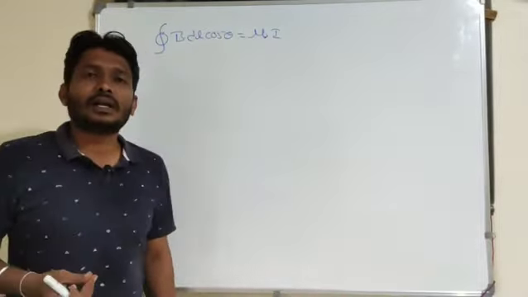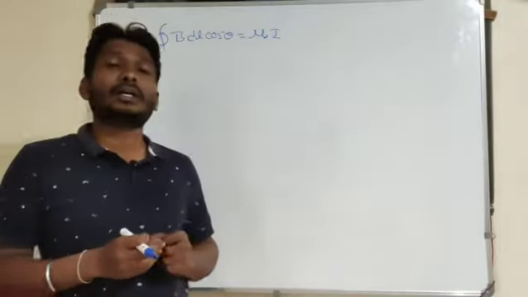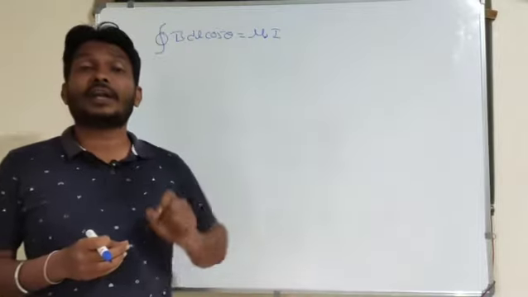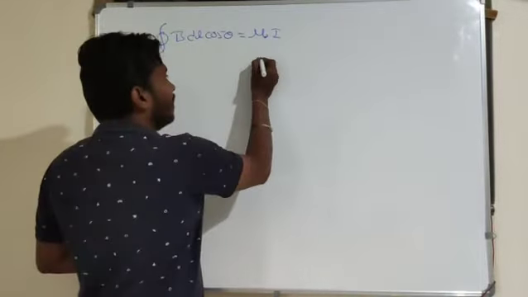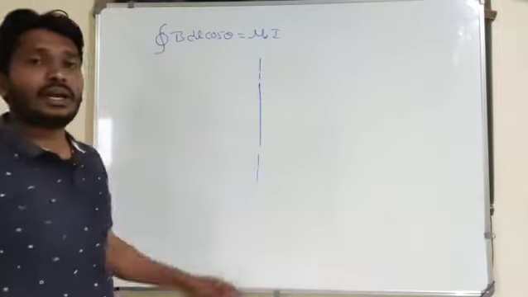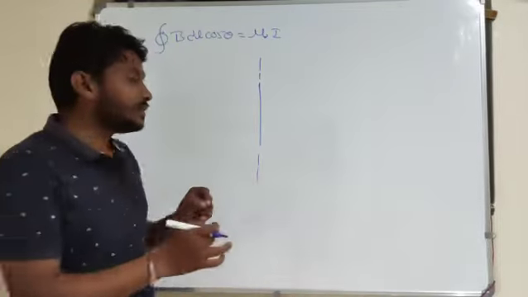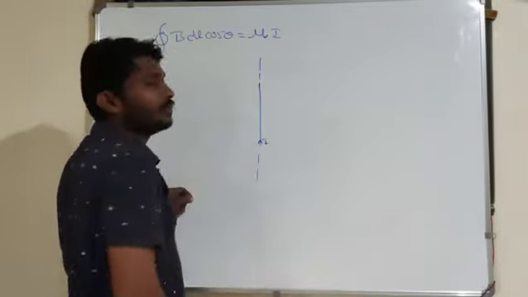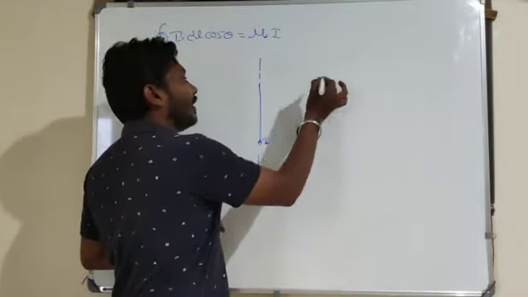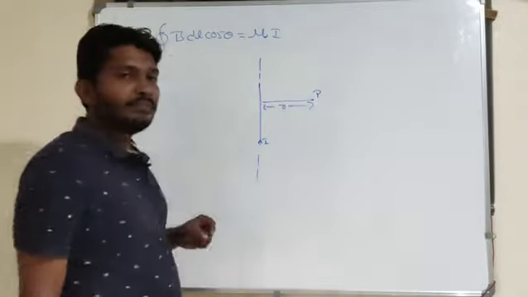By making use of Ampere circuital law, we have a lot of applications. Already we derived the expression for magnetic field in the case of an infinite straight current carrying conductor. I will consider one current carrying conductor. That conductor has infinite length. If a certain amount of current is flowing in this conductor, then I have to find out the value of the magnetic field at this point. This point is at a distance r from the wire.